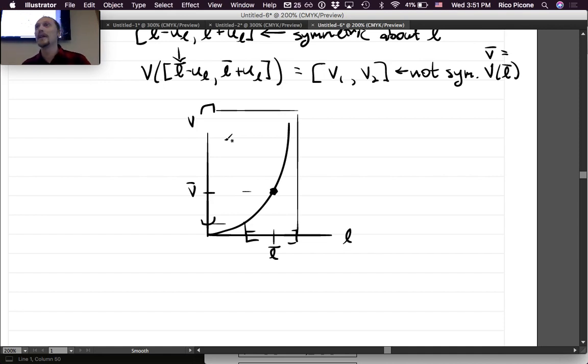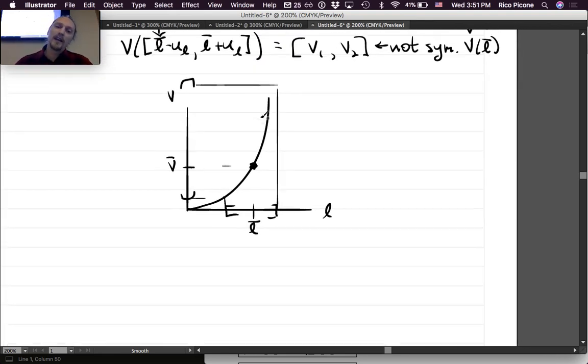The way people do this is to essentially make a linear approximation of the function at the best estimate value. Call it the operating point. Then if you use a linear function to go through, it comes back out as symmetric. So if you had the same interval, the lower bound would come to here, the upper bound would come to there, and